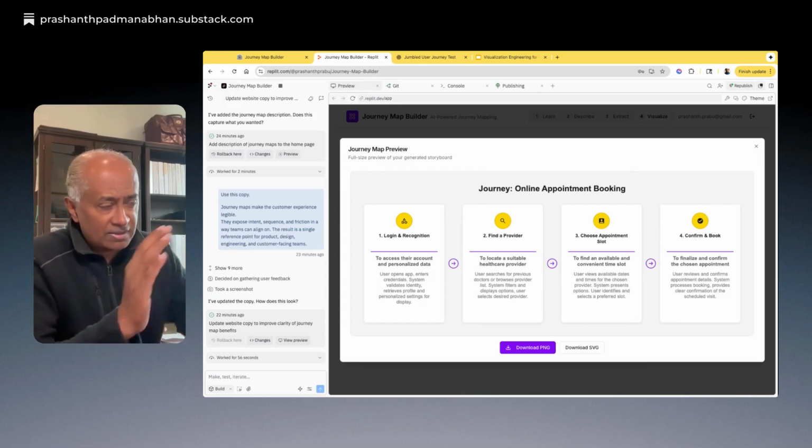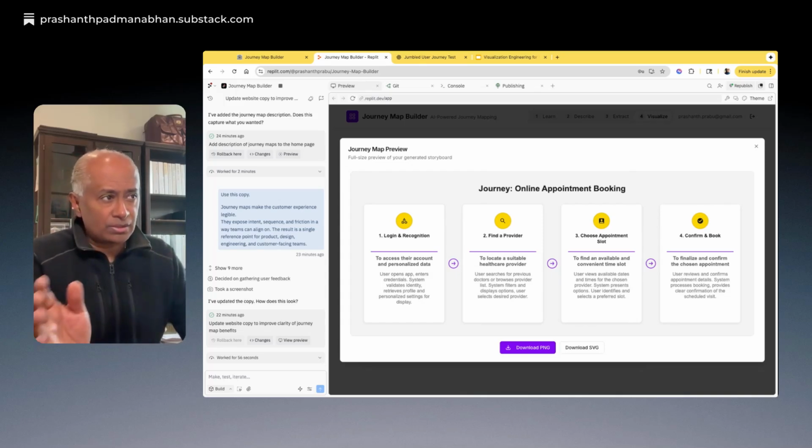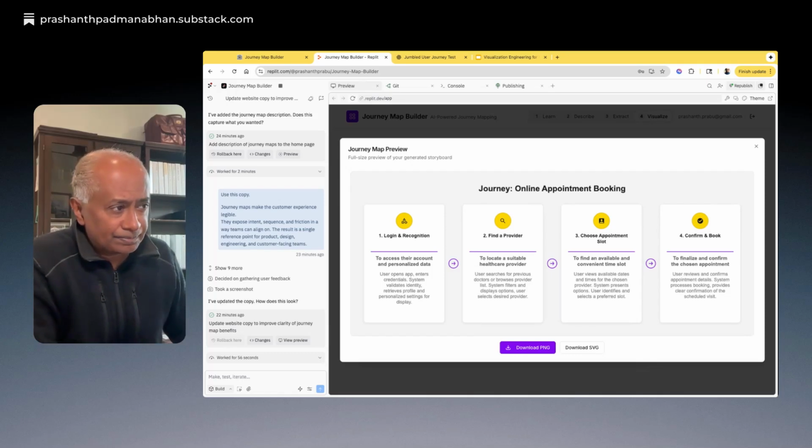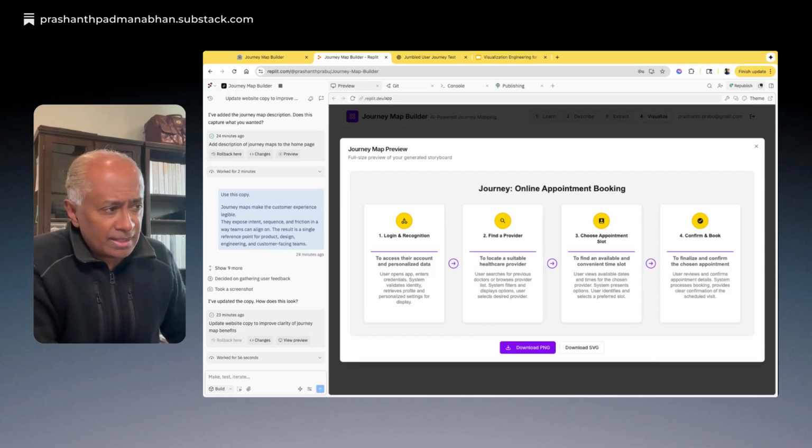As a product manager, I have defined how the template or the diagram should look, and ensure that the artifact is created in a very predictable manner. Now I can download this as an image, or I can download it as a vector file, as an SVG file, and so on.